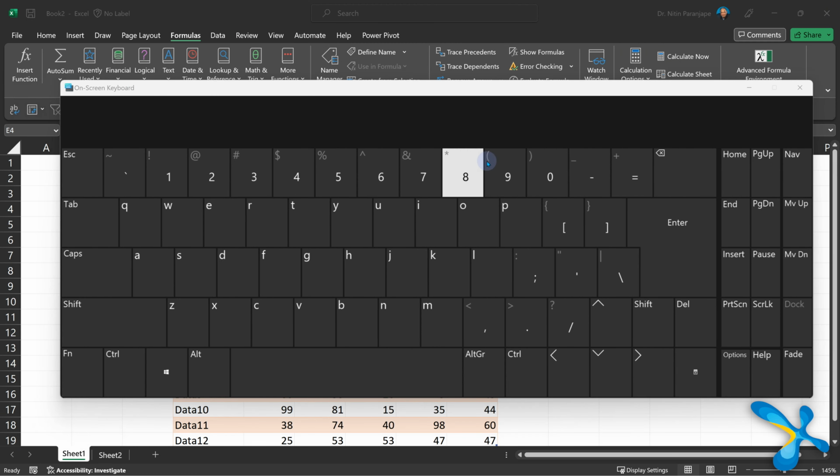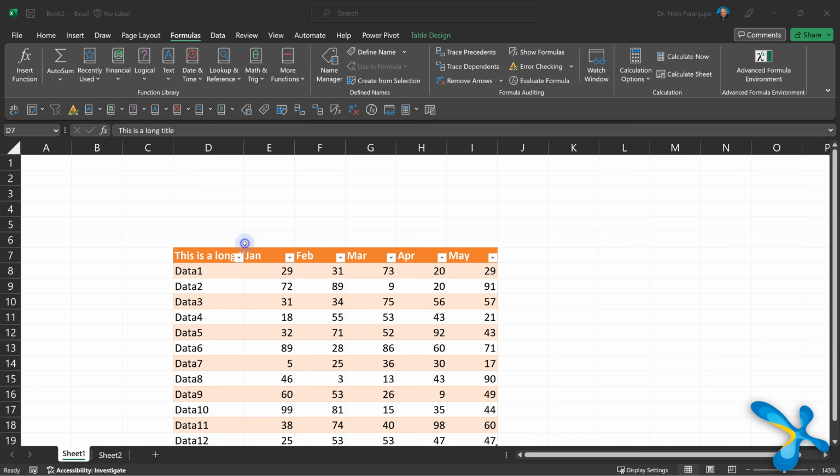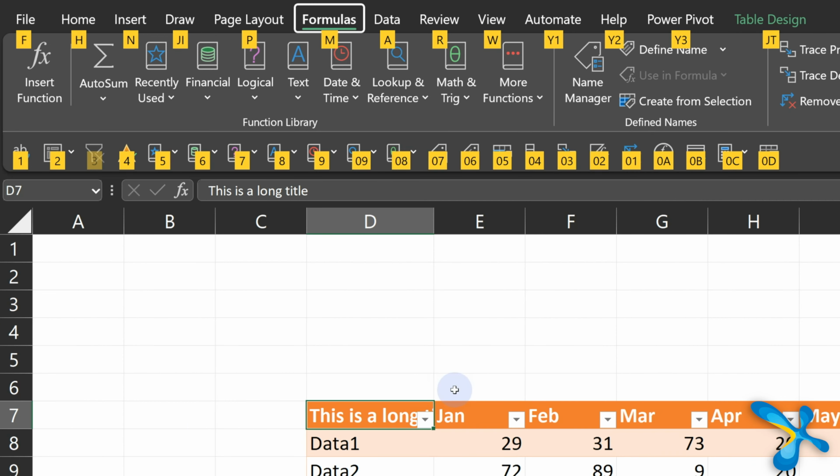No, we want a shortcut. Look at the keyboard. Where is 1? Where is 0? It's a long cut. It's 0, 9 because they are near each other. And then it goes on and on and on. Bottom line, the first 9 positions are precious because it's Alt 1 to 9.